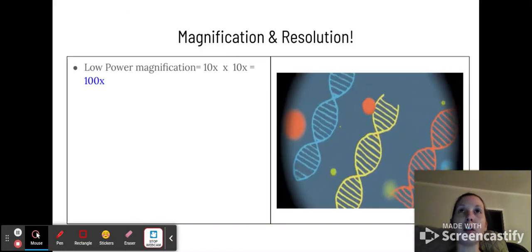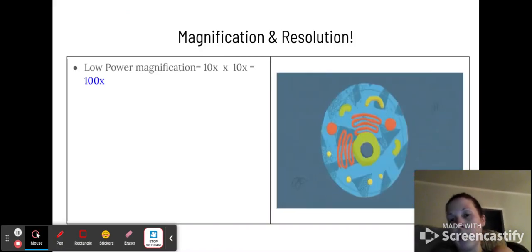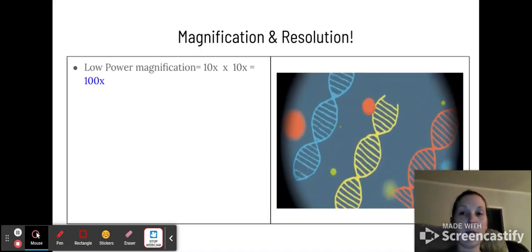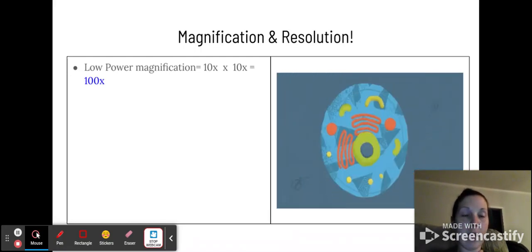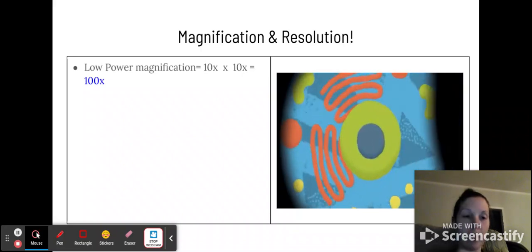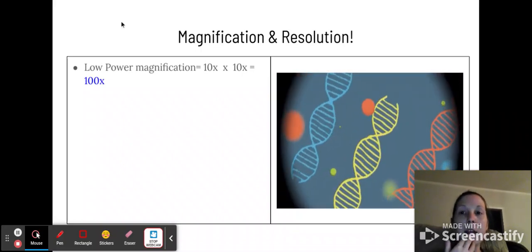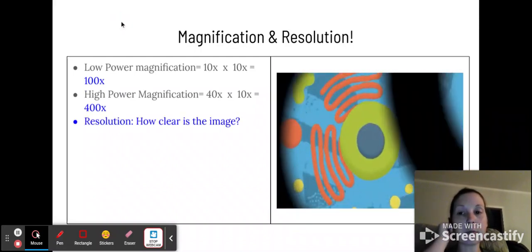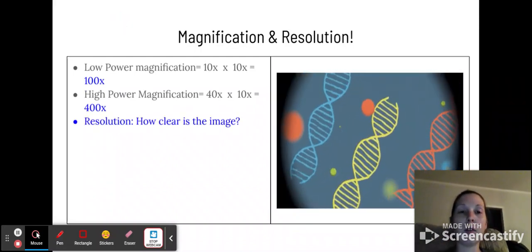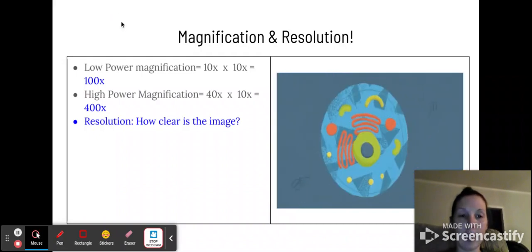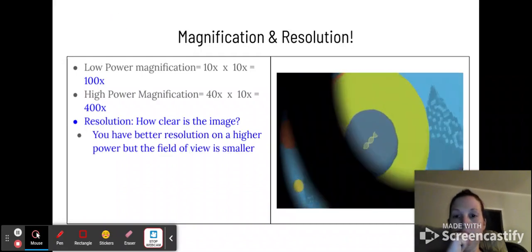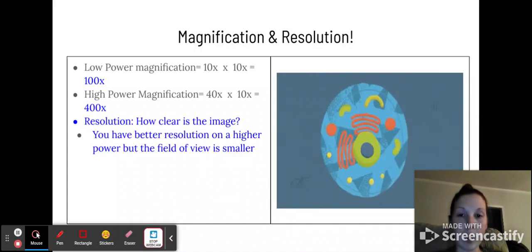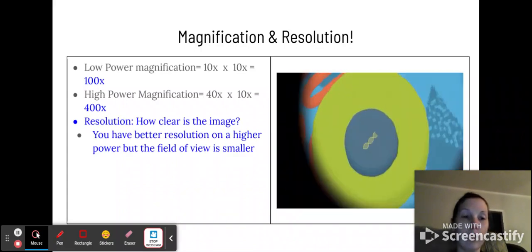So for magnification, we look at low and high powered most of the time. Low powered magnification is about 100 times the size of the specimen that you're looking at. And then high-powered magnification is about 400 times. And then, like we said, resolution is how clear an image is. And you have better resolution on a high-powered field, but the field of view, what you can